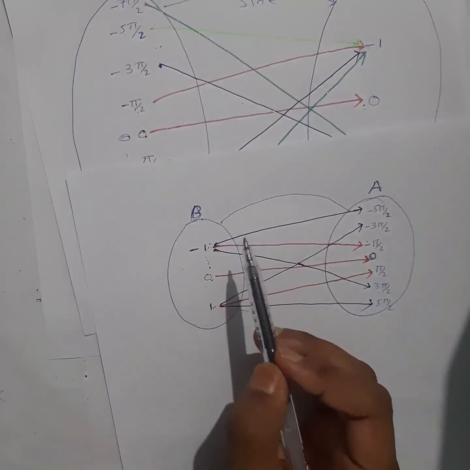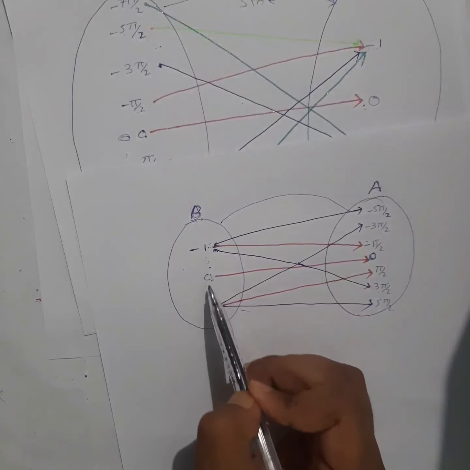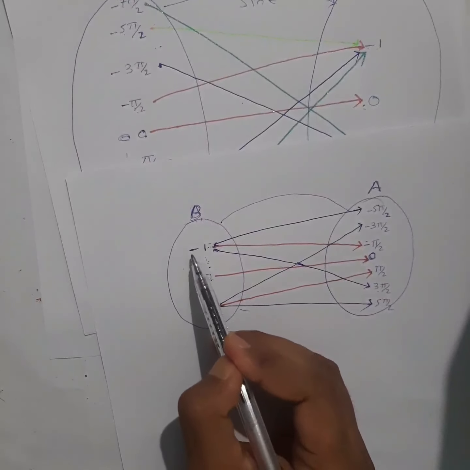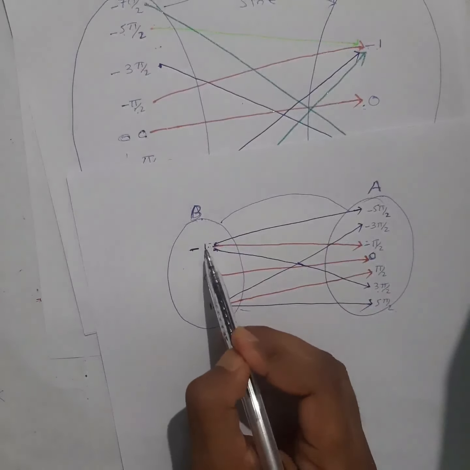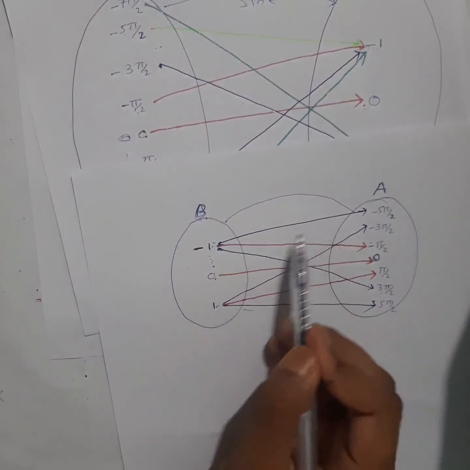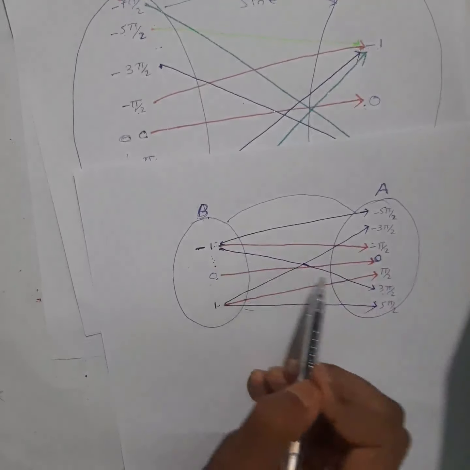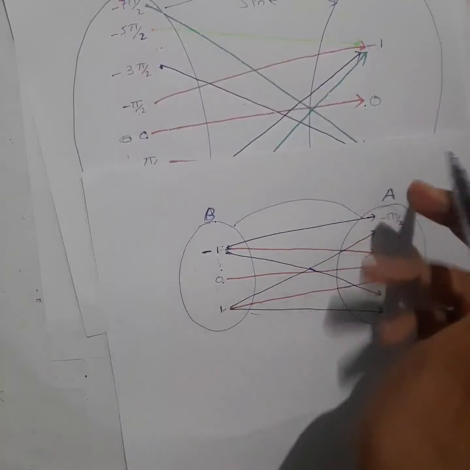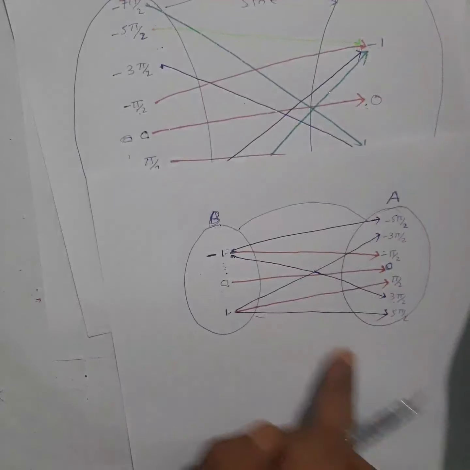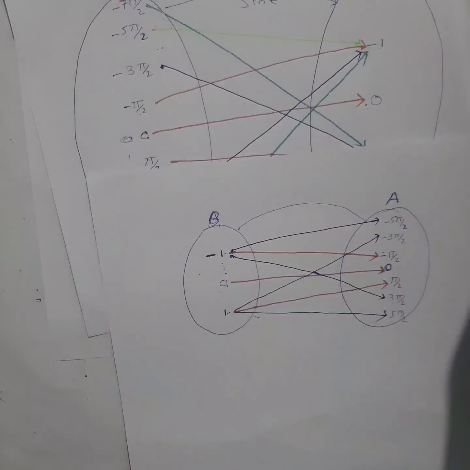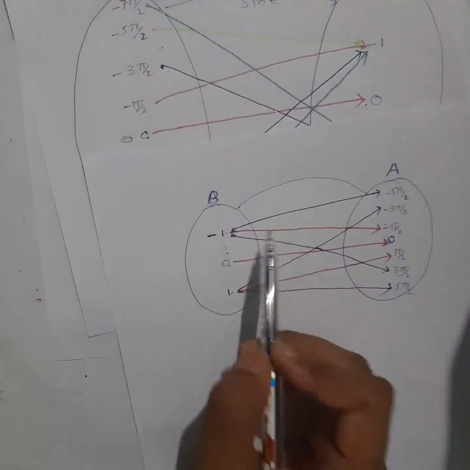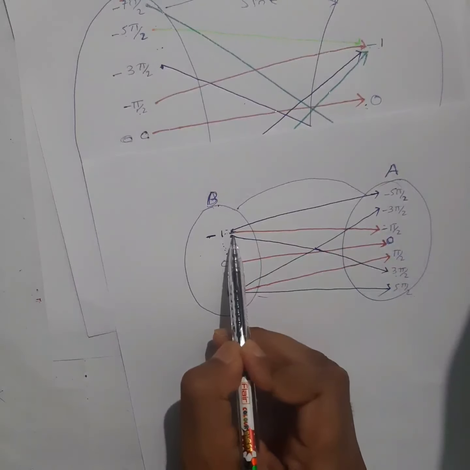For function, the other condition is what? All elements must have exactly how many images? One image. Now see here, minus 1, how many images is it having? 1, 2, 3. Now you will have more. If you take all the values here, those also will be having minus 1 as an image. I'm just taking this one because this is sufficient. See here, minus 1 is having